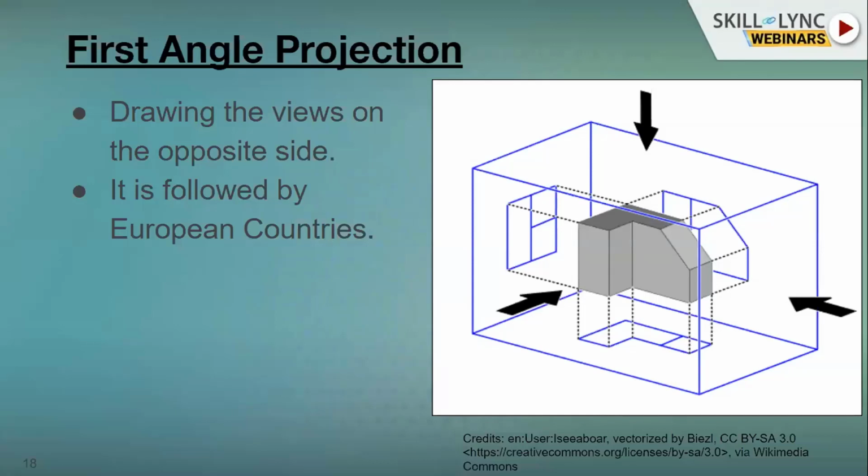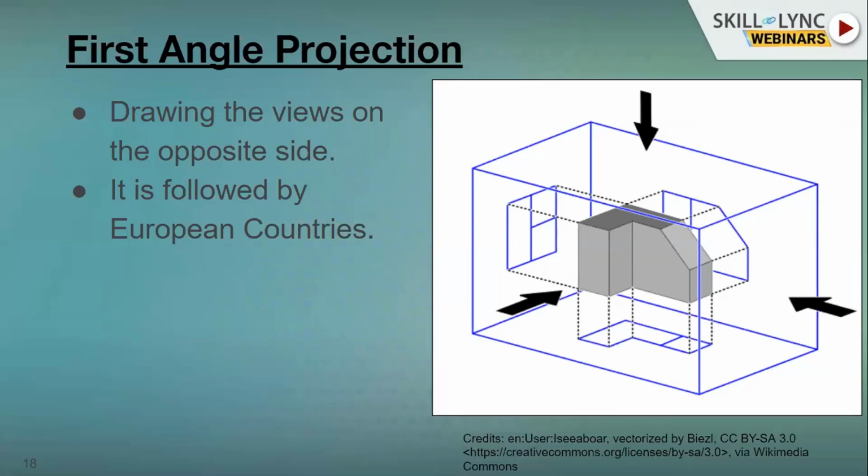As you can see through this image, drawing the views on the opposite side, which means making the left side view on the right side of the drawing, and right side view on the left side, and top view at the bottom, and like that.